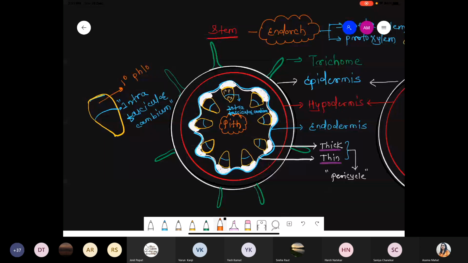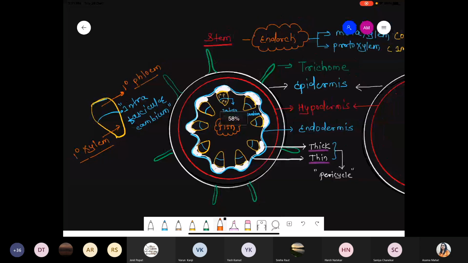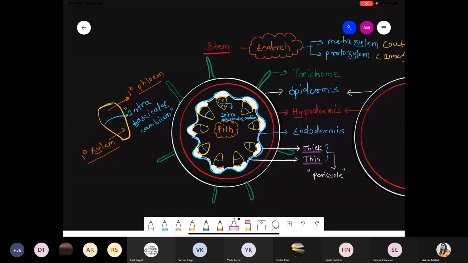And exactly at this region, now there is a presence of the primary xylem, because you know very well we are talking about the dicot stem. In the dicot stem, they consist of the open vascular bundle, and to represent the open vascular bundle we have to draw cambium. But which kind of cambium? Intrafascicular cambium. Okay, intrafascicular. Got it? Clear this point? So just quickly check what is the condition with respect to dicot.